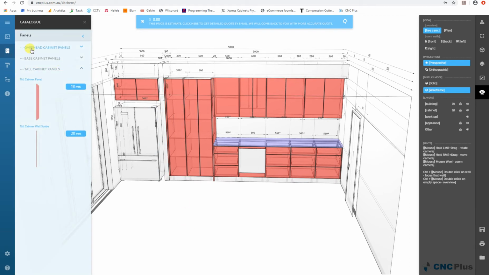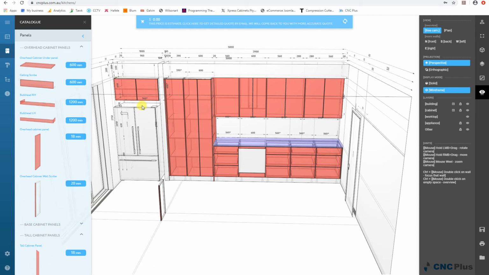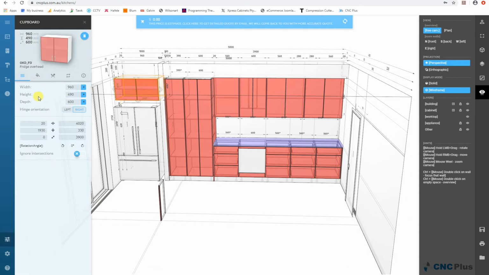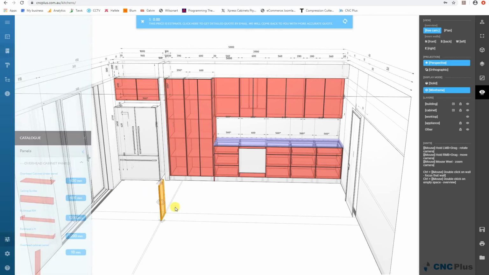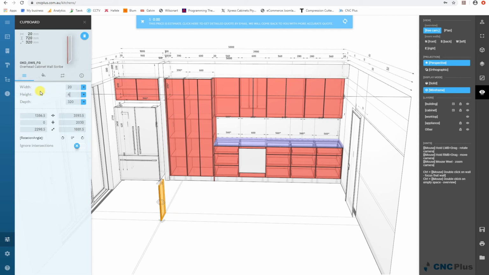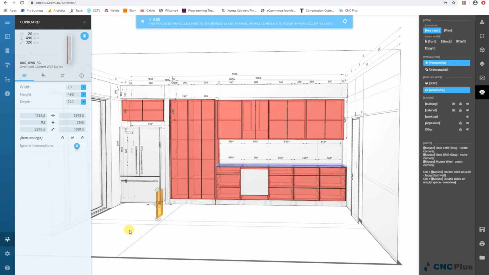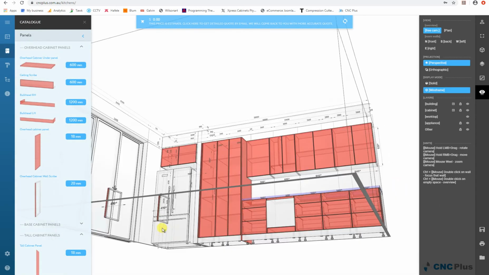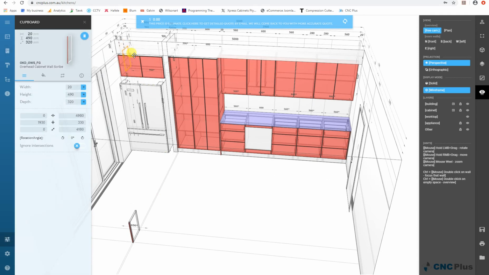And we can do exactly the same with the overhead cabinet. So we will get a filler. We'll check what is the height of our overhead. It's 490. So we'll select our filler and put 490. And as well, we will copy and paste it pressing Ctrl C and Ctrl V. So now we've got the two fillers, and we can put them